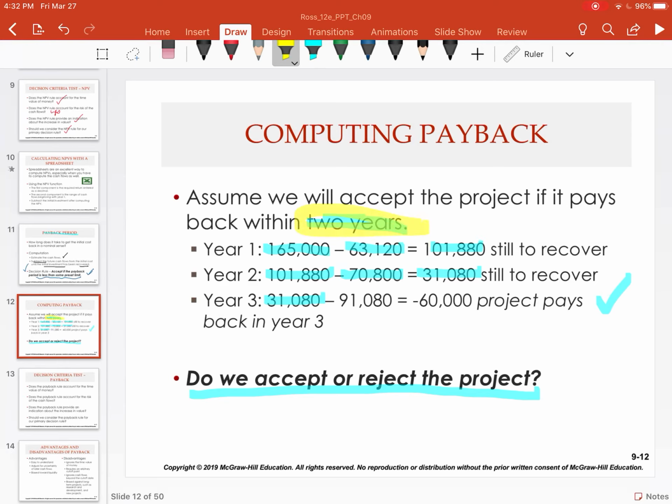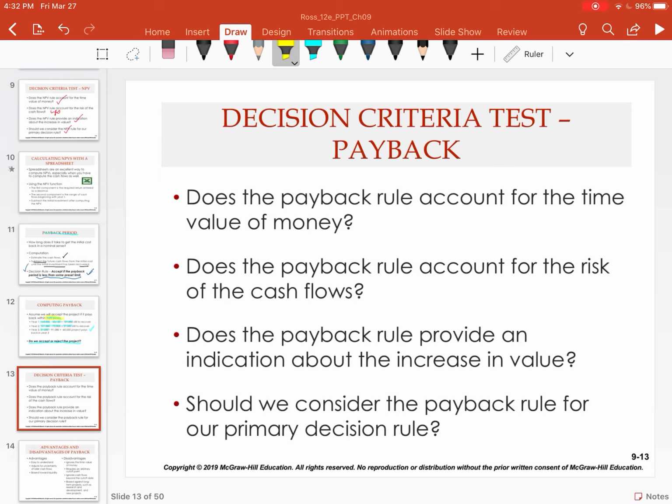So as we go forward and calculate that actual payback method, we want to understand, do we actually accept this project in that case? And so as we calculate that scenario,